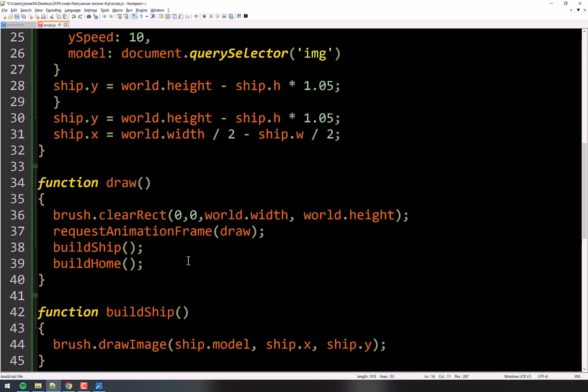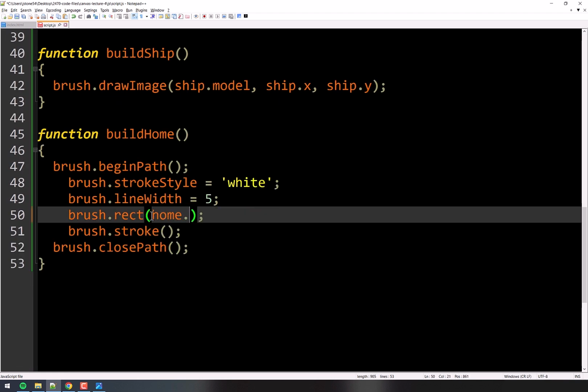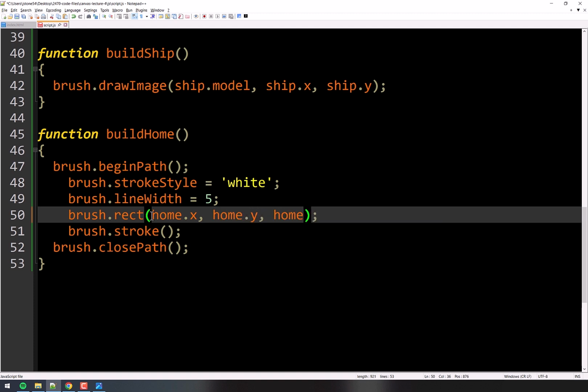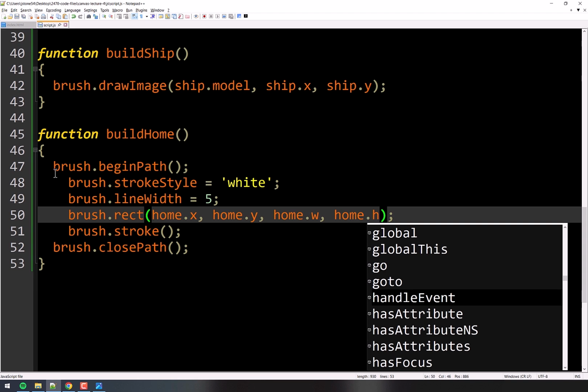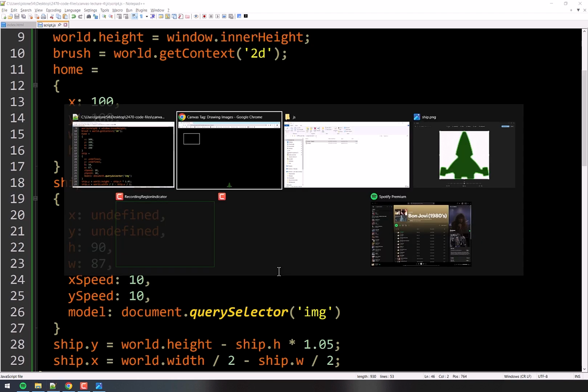And then we come down here and we'll just change all these to be home.x, home.y, home.width, and home.height. Nothing should change, but we have this nice little structure here that we can use, and it will help us in a minute when we do the randomization of the square. As you'll recall in the demo, that square moves around every time you refresh the page.